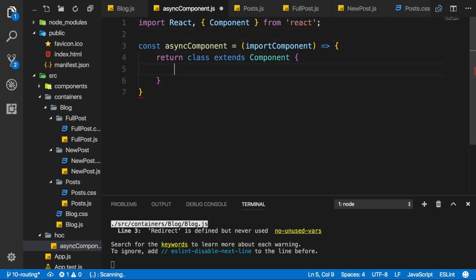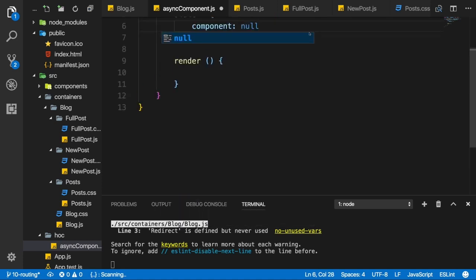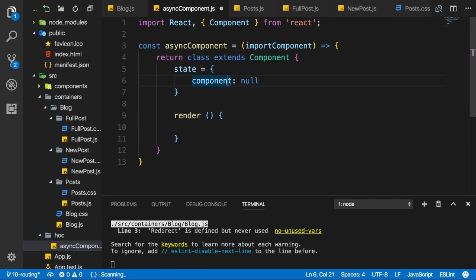Now in the body of that class, I of course also need a render method. But before we come to this, I'll set up state. There I want to have a state with a component property which is null. This component property will be set to the dynamically loaded component, and the code for this will get implemented in